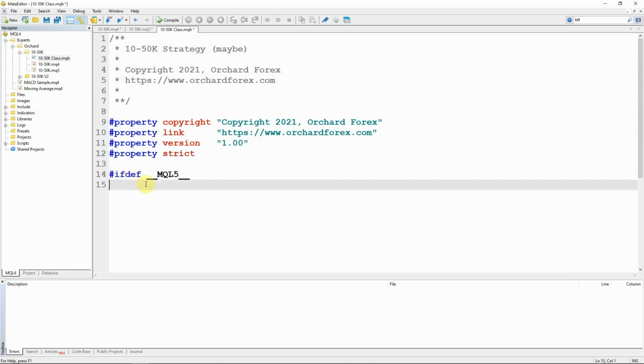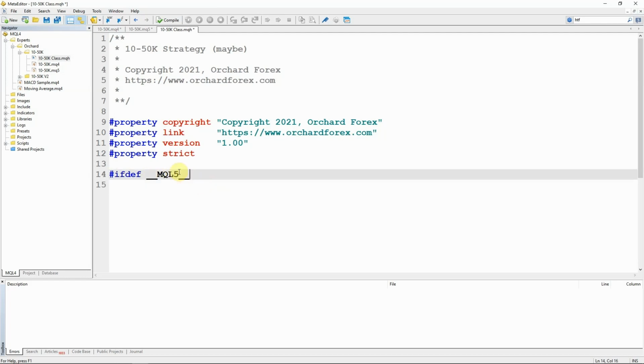So I'm using the compiler defined variable __MQL5__. There's also a __MQL4__ and I'll be using both through this code. This way I can have sections of the code that only compile depending on whether I'm compiling an MQL4 or an MQL5. So if I were to go back and compile this in MQ5, it will pick up this section inside the #ifdef.